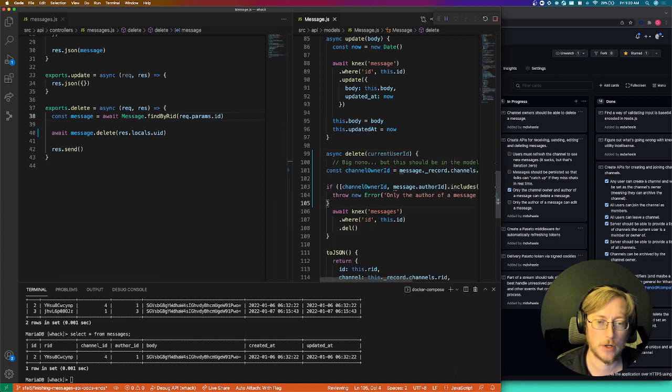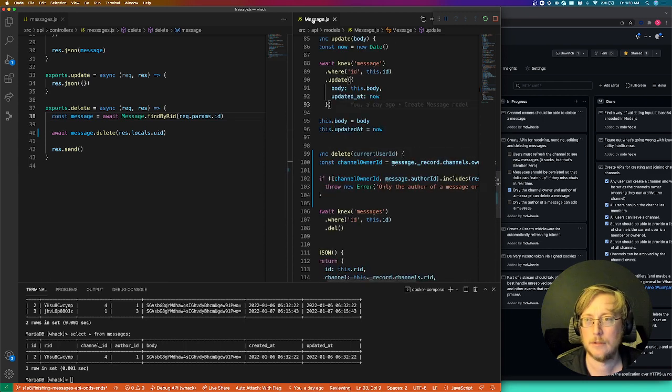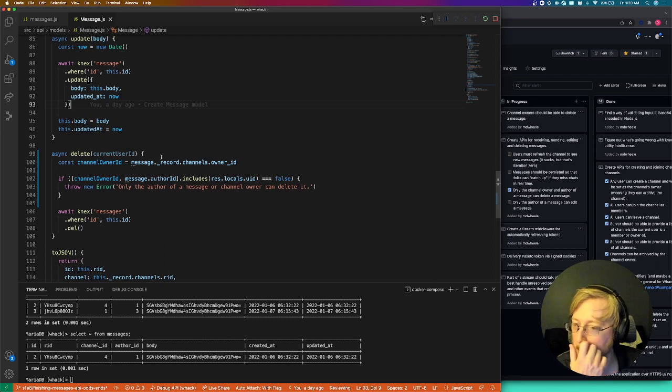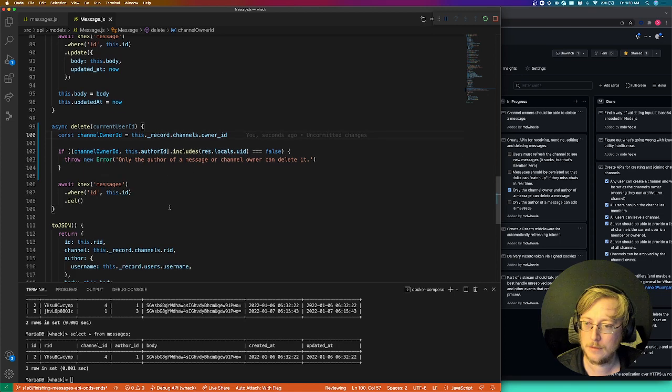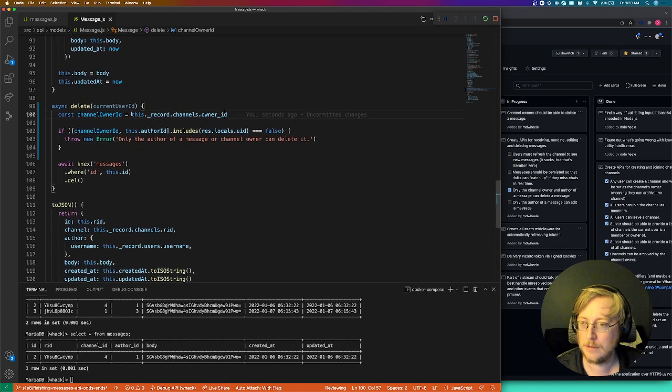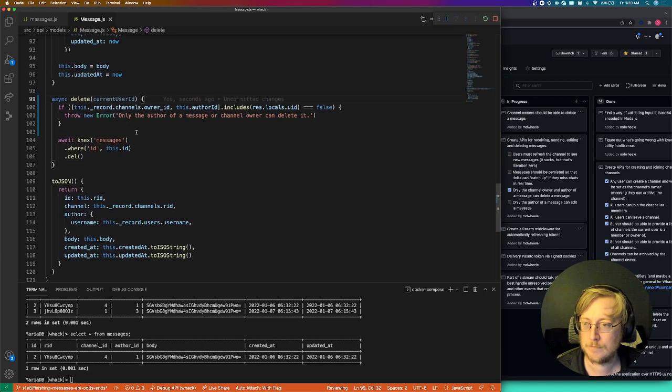So we'll do some guards at the beginning that implement our business logic. So this will be this, right? Can probably just inline this. It reads like bullshit, but